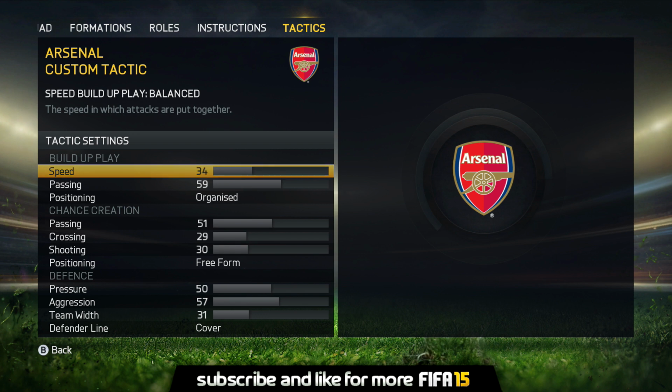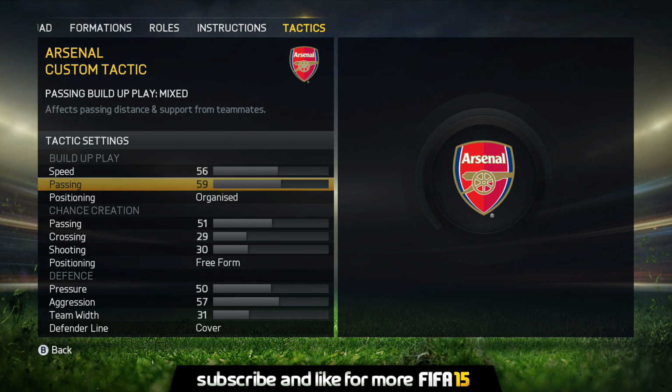And if you are someone who loves the ball possession, you should definitely go for a lower setting here. For example, I think Barcelona or Bayern Munich will have something about 30 or 20, and at this point you can check it out if you want to. So let's move on. So I get here something about 56,